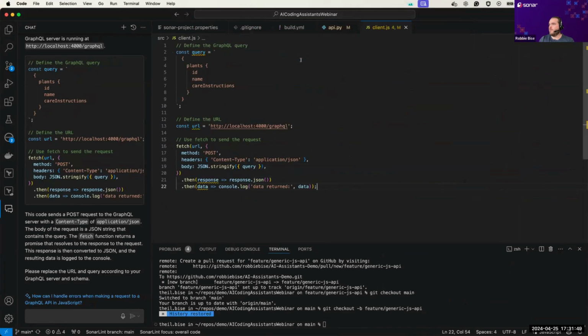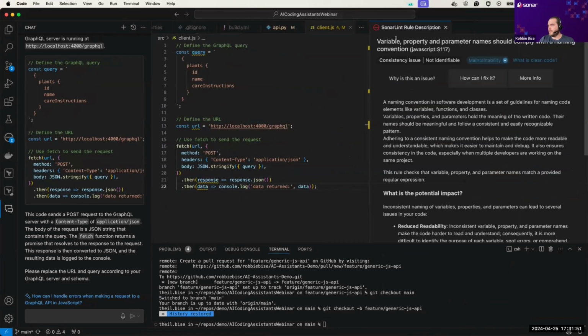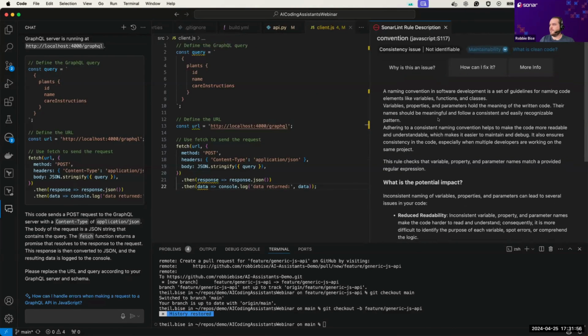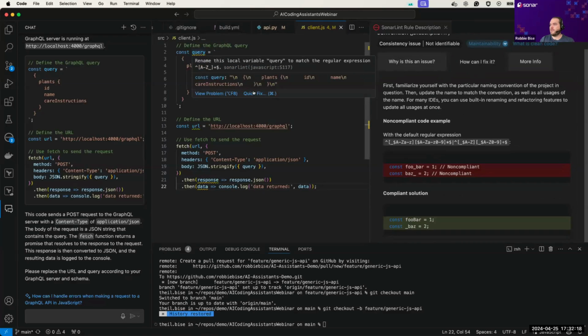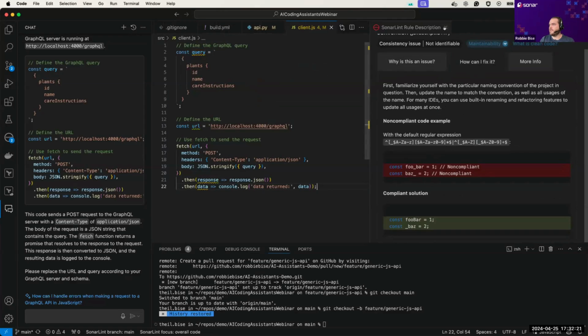So let's go and check out what SonarLint is actually letting us know. Yep, sure enough, we have a variable that doesn't comply with the naming convention that we've set up. It provides some kind of generic details on how to fix this. But where this interaction gets really cool is that Copilot actually has the ability to read into particular issues that show up in the IDE. While we could go in and take a look at the regex and try to figure out exactly what the naming convention is supposed to be, Copilot can come in and actually give us